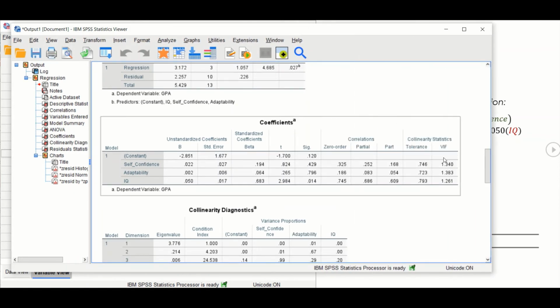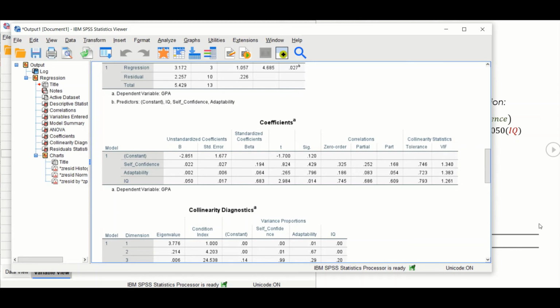Looking at the final column in the table, we can find our VIF values. We use these to check our assumptions on multicollinearity between the independent variables. Here, all of our values are pretty close to 1, which is good because it tells us that multicollinearity is low and our assumption is met. If these values are bigger than 5, you might want to reconsider your choice of independent variables.